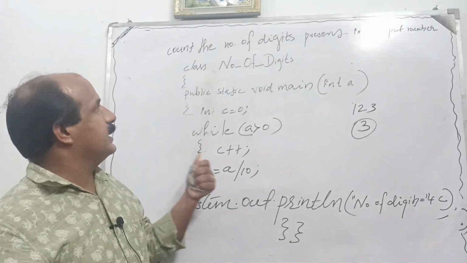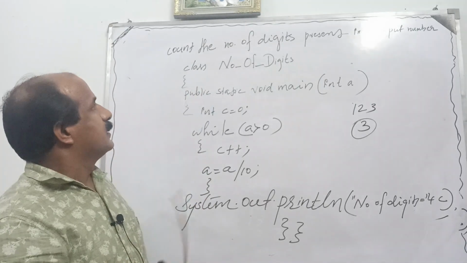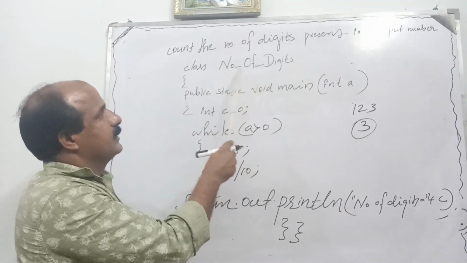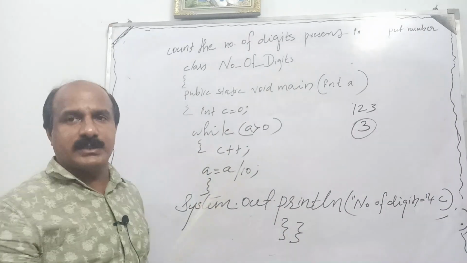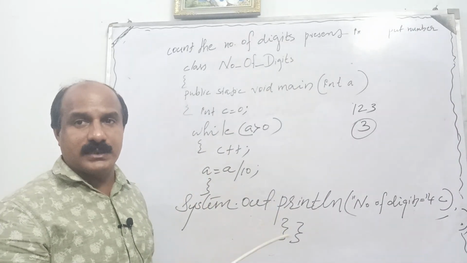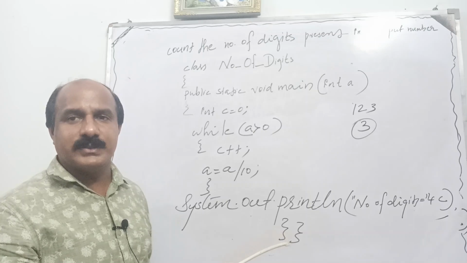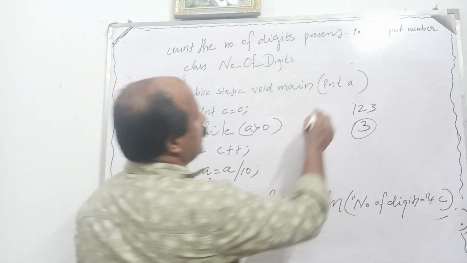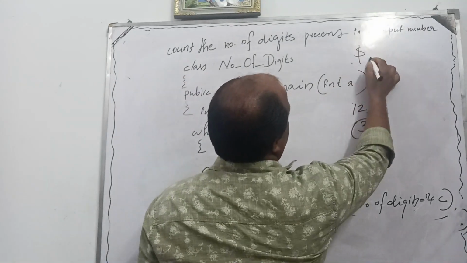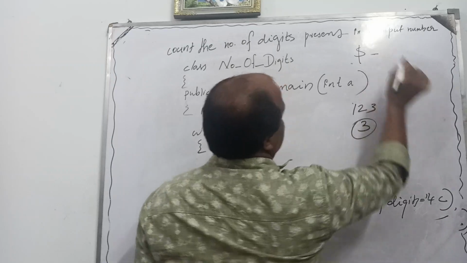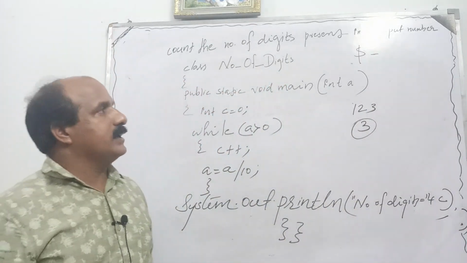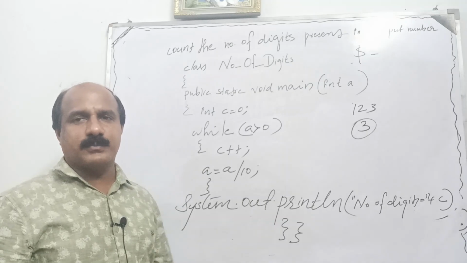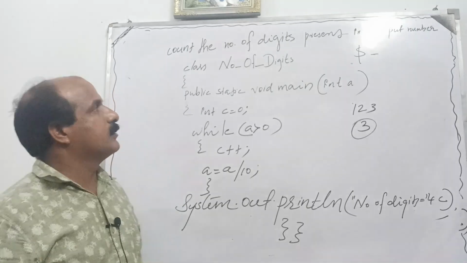First I have declared my class. In the class declaration itself, you need to give some importance over here. Number of digits, I have mentioned 3 words. All the 3 words are separated with what? Yes, with underscore. Because you know the only 2 symbols that you can use as special symbols are dollar and underscore. No other symbols can be used as special symbols for your identifiers. So remember that.